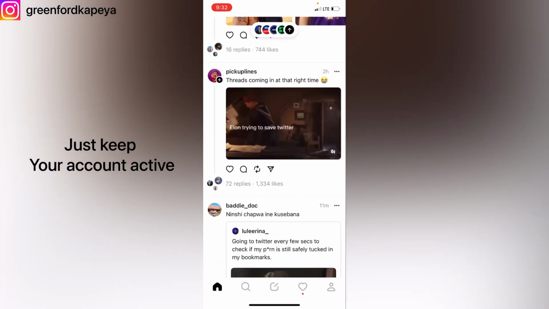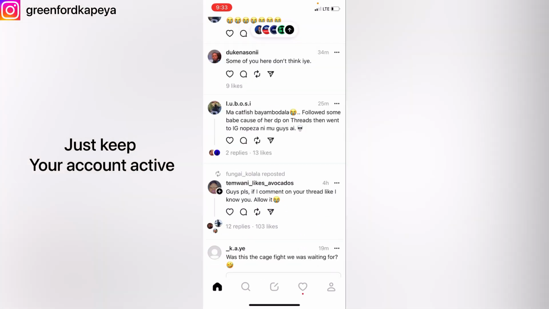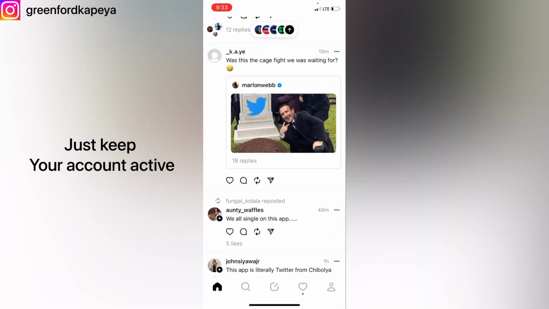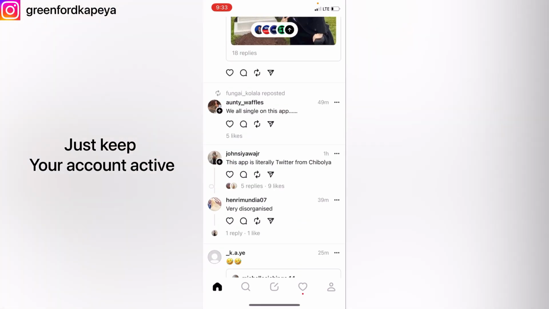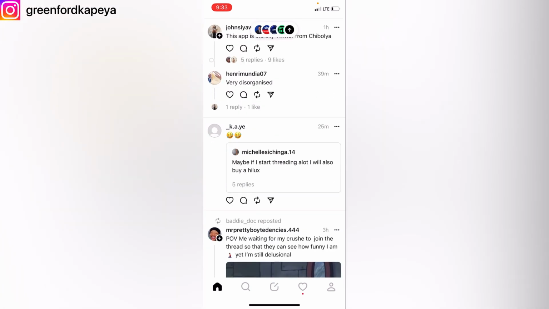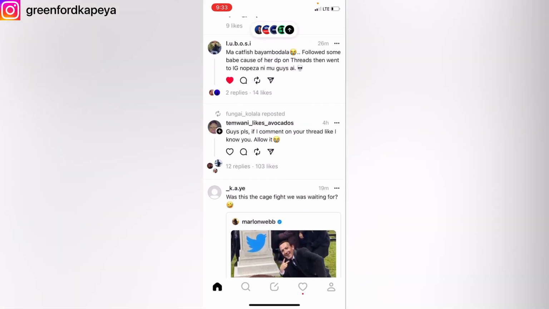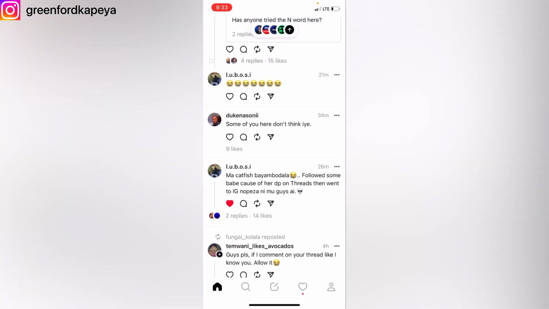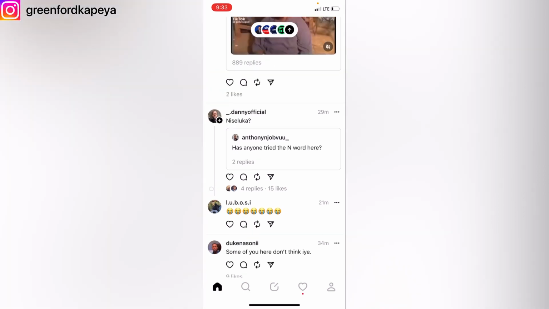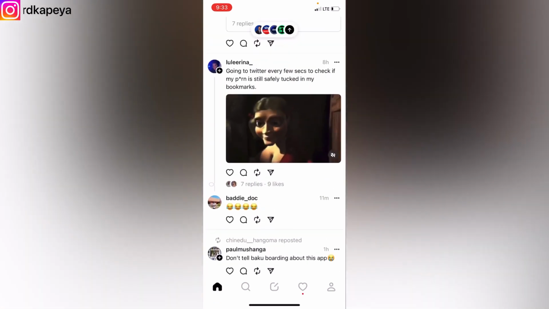So this is how the interface of the app basically looks like. So you can like what people have posted, you can reshare posts, and so on and so forth. So that's just an overview of how Threads works. So just to run you through what has been talked about, the first way in which you can earn followers or gain the numbers on Threads is by sharing posts consistently. The second is by following people who are doing a particular thing you are into. So for instance, I'm doing YouTube, so the people I follow are the likes of Mr. Beast. And the third and final way is by resharing posts, just like I showed you earlier on. This is basically it about Threads.